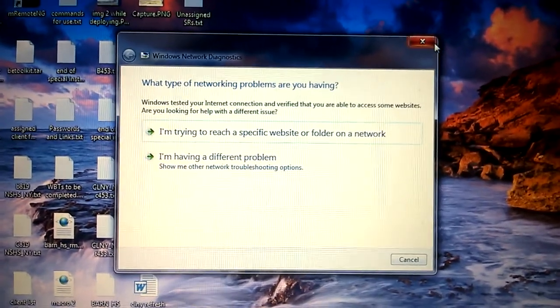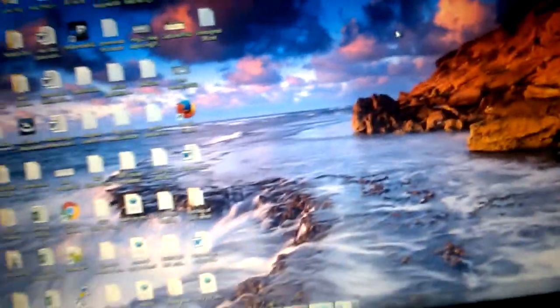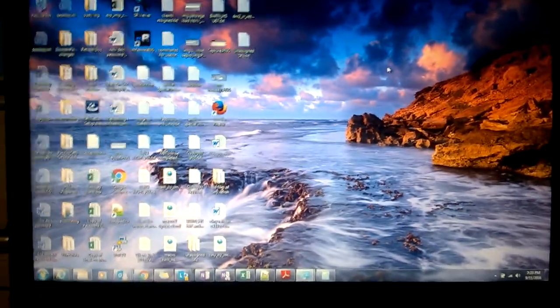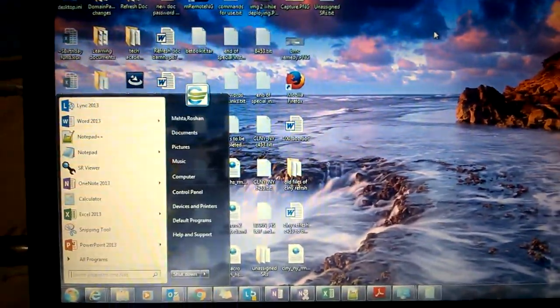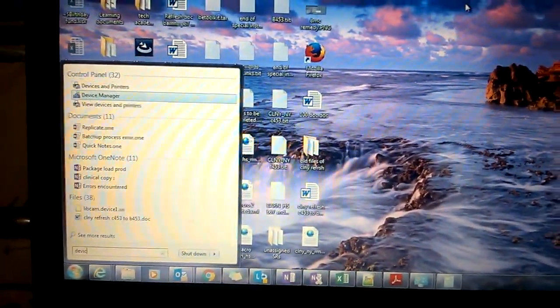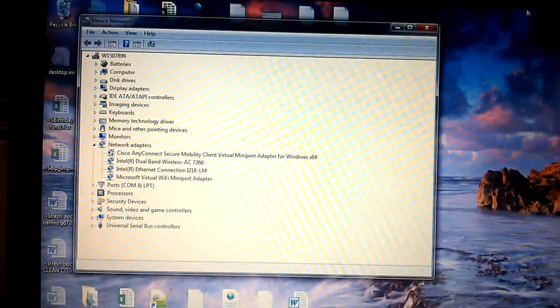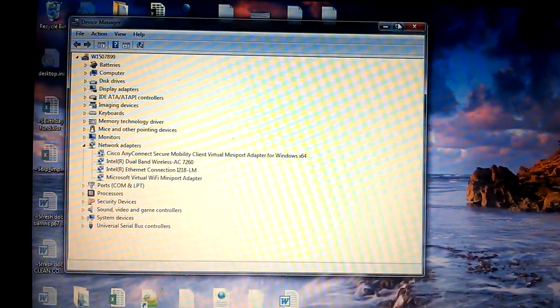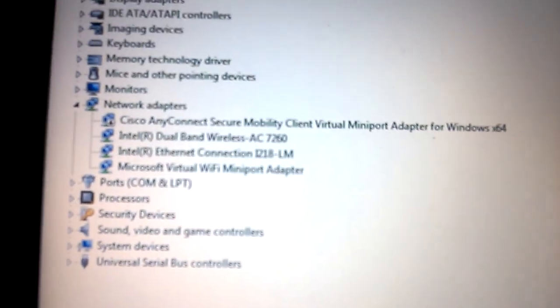So we'll just leave that one, and we need to check whether our Wi-Fi card is detected or not. That is the basic thing. Okay, so for that we need to go to Device Manager, right? So we'll just directly search for Device Manager from here. Now we are in Device Manager. If we check, here will come, yeah, the network adapters, right? So how can we check?